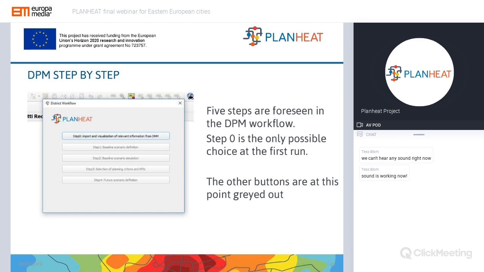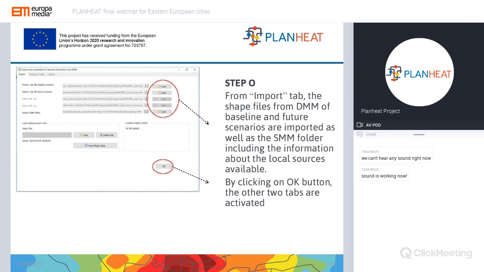The DPM is a step-by-step process, and altogether 5 steps are foreseen. Step 0 is the only possible choice the first time it is run. The other buttons are still grayed out at this point. So step 0